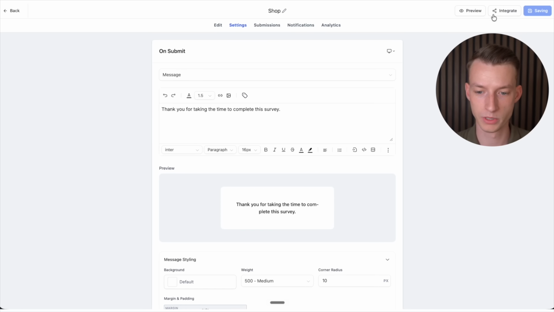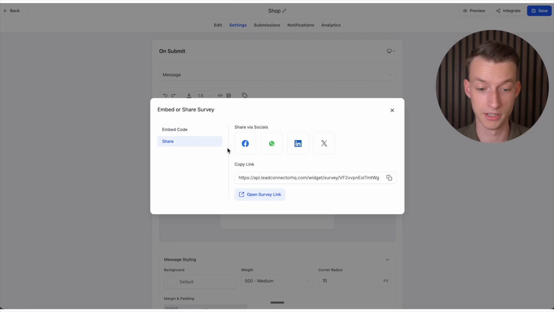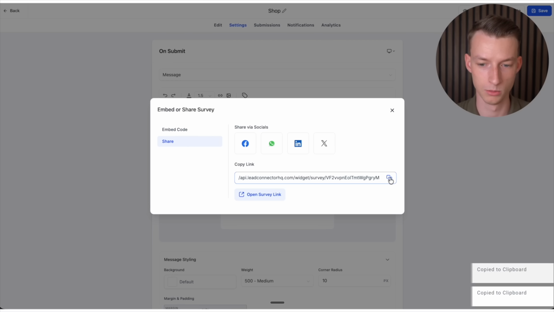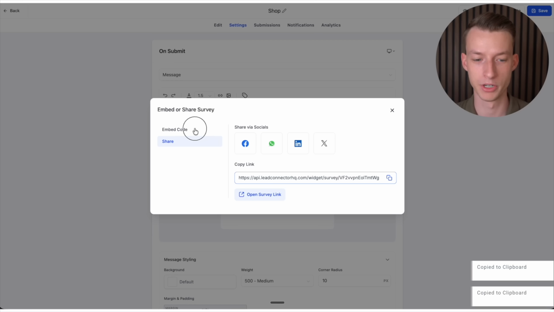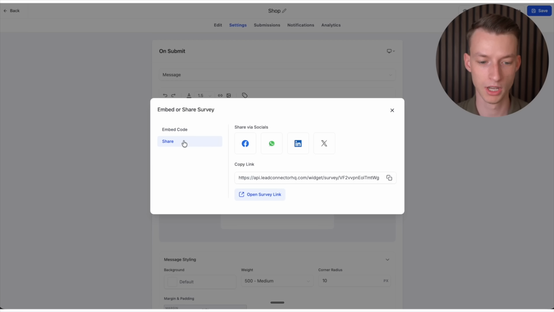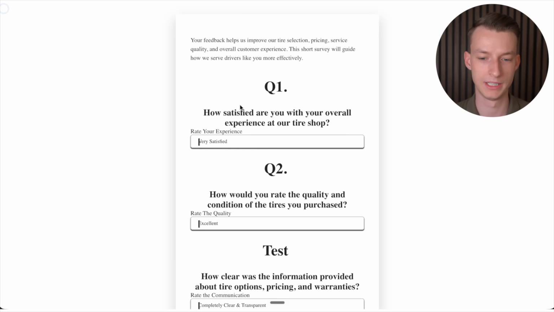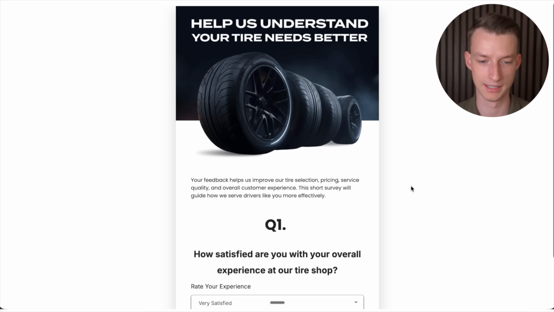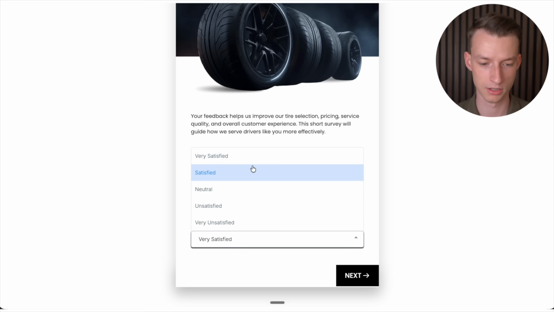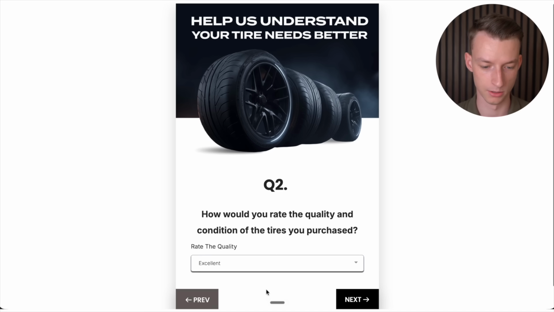So I'm just going to go ahead and actually share this as a link. I'm just going to come here to integrate. You can either embed this on a funnel as an HTML code, or you can share it directly as a link. I'm just going to open this in a new window so you can see this is how it currently looks. So I'm just going to go through this, right? So just quickly